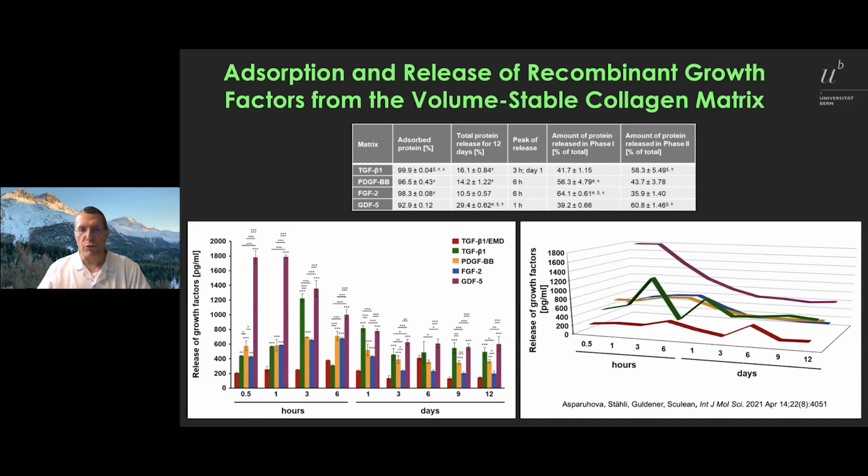And what we can observe in this slide is that we have an absorbed protein of these growth factors, that means almost 100%, while the protein release was going on for up to almost 2 weeks. And this is very important, indicating that the matrix can be used as a carrier on a long-term basis